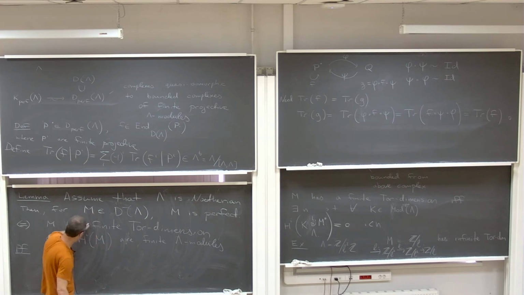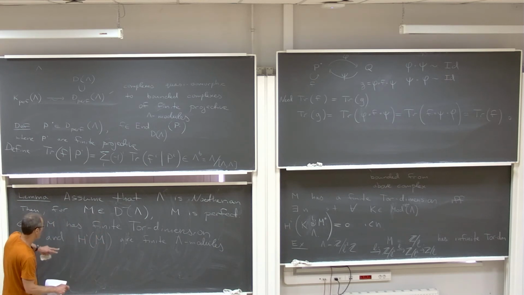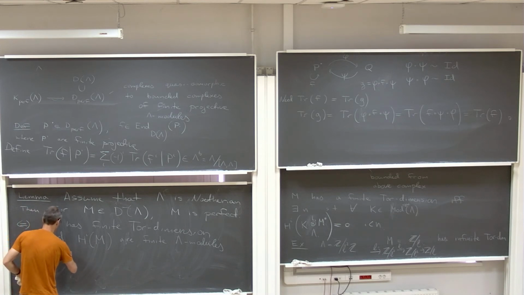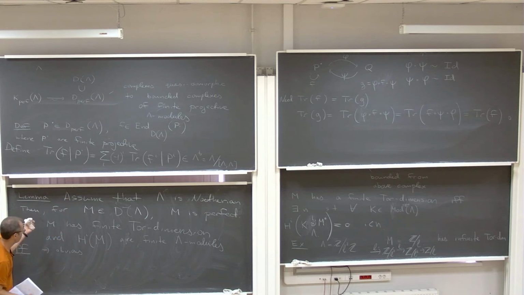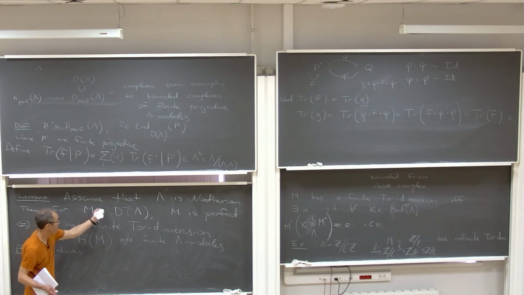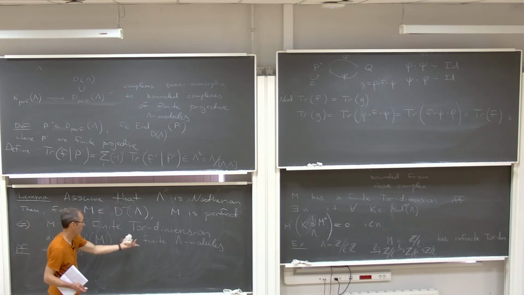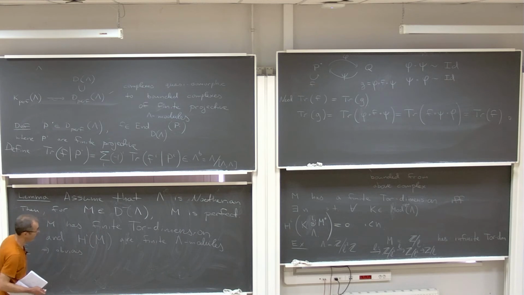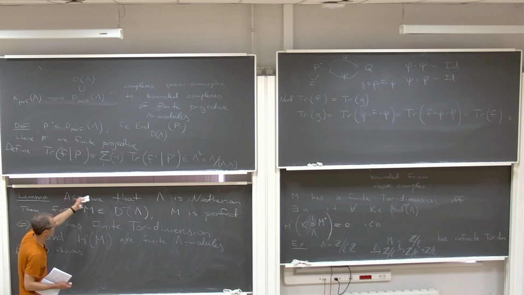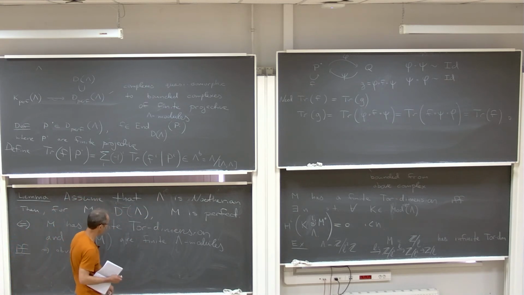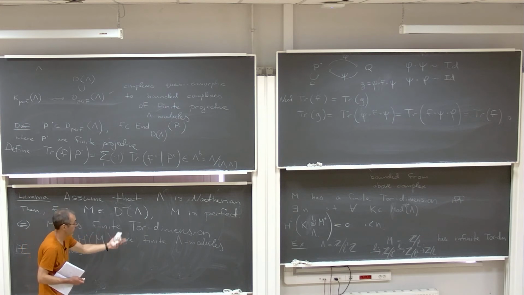So clearly these two conditions are necessary, right? So this implication is obvious. Well, if you have a complex supported infinitely, a bounded complex of finite projective modules, homology is also finite because lambda is Noetherian, and we have finite Tor dimension because